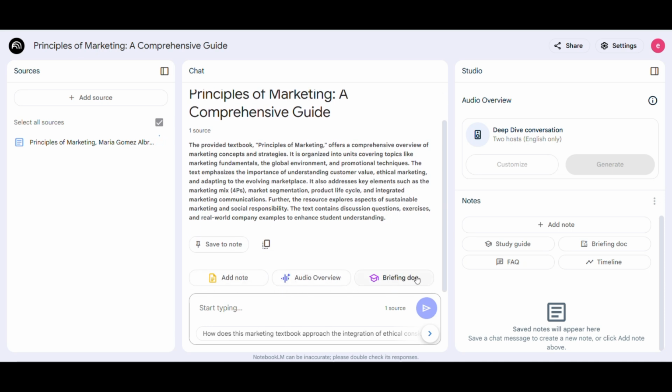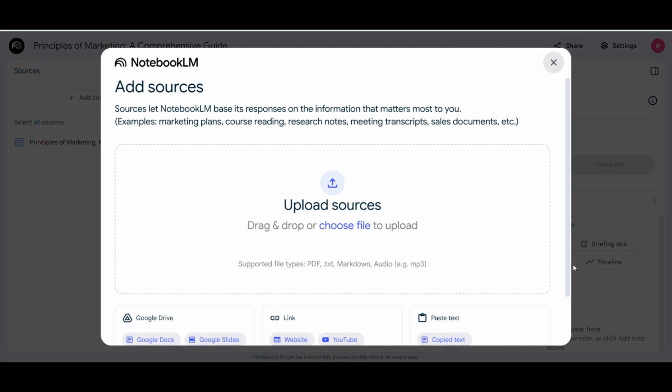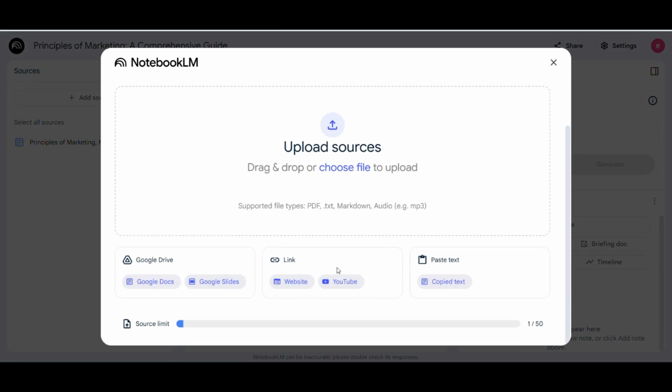You can upload documents in various formats, including Google Docs, PDFs, and even YouTube URLs. To upload a source, click on Add Source and select the type of file or URL you want to upload. For example, let's upload a Google Doc.